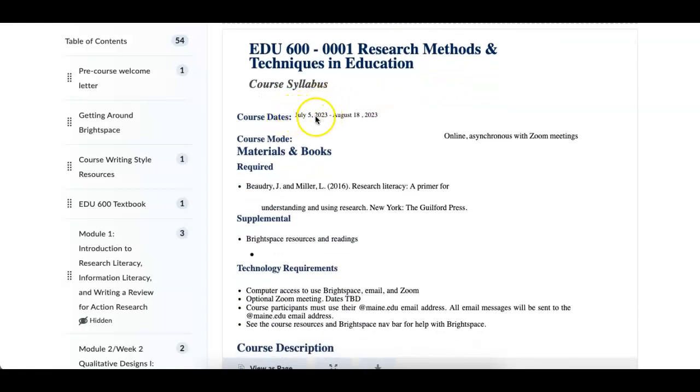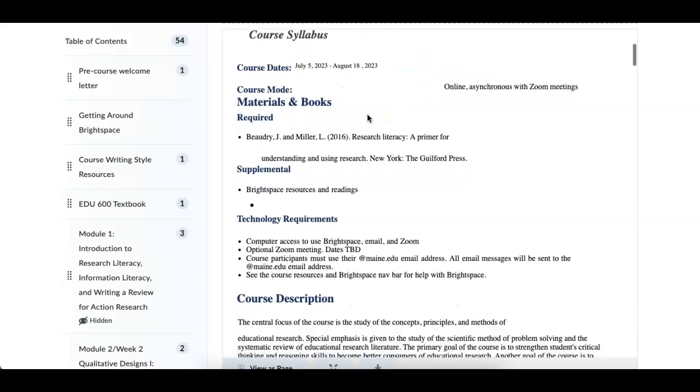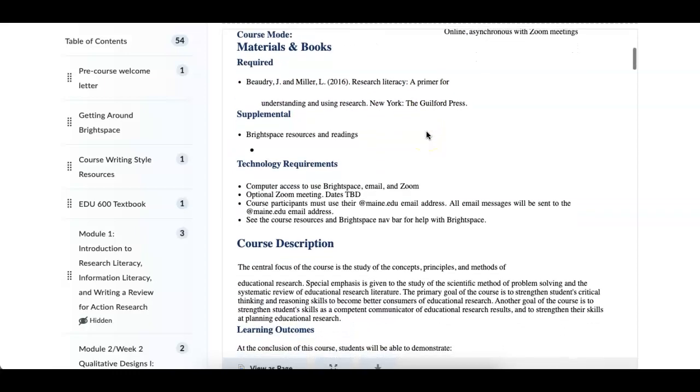So here's the syllabus, my contact information. Our course runs July 5th through the 18th. The required book is Jeff Beaudry's book, Research Methods,